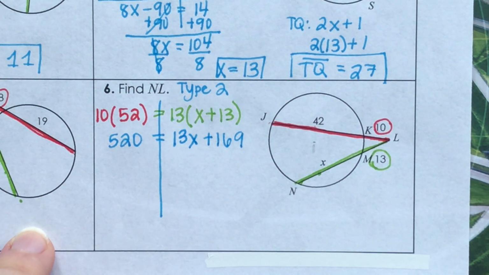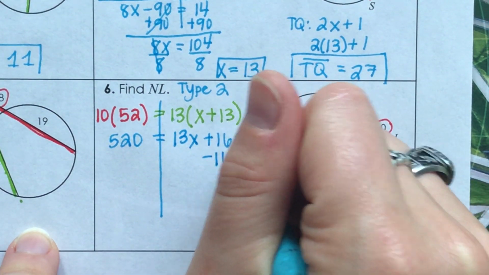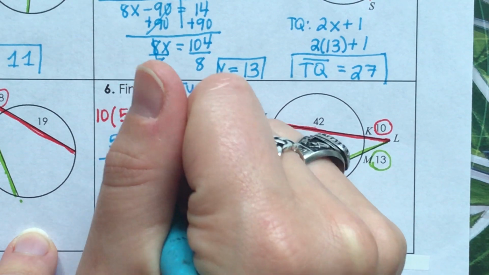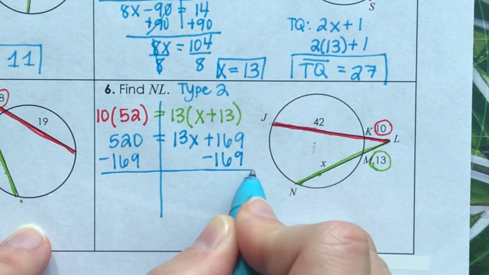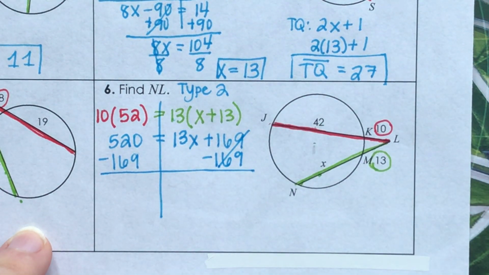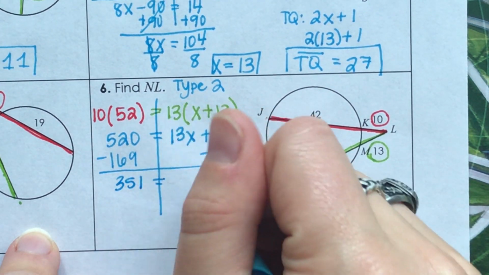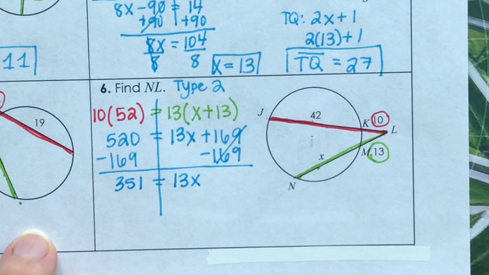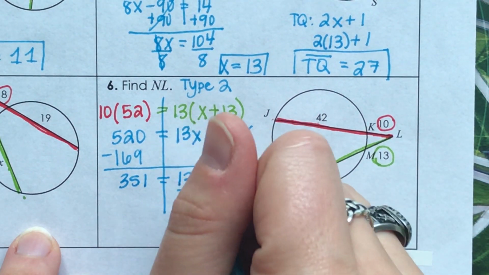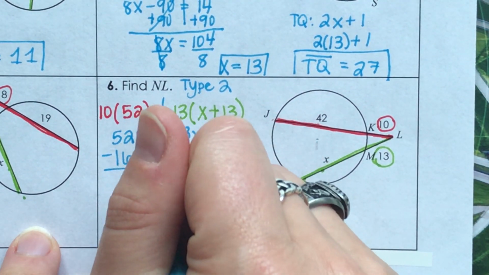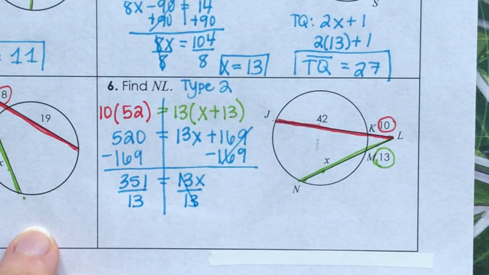Now I want to get the constants to one side, so I'm going to subtract 169 from both sides. I get 351 equals 13x. And then to get the x by itself, I'm going to divide both sides by 13. I get